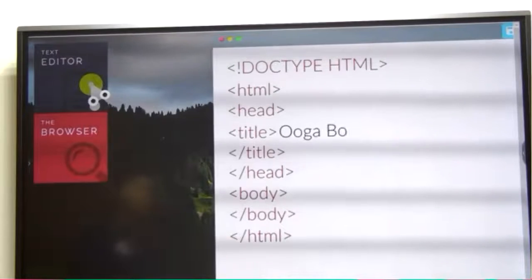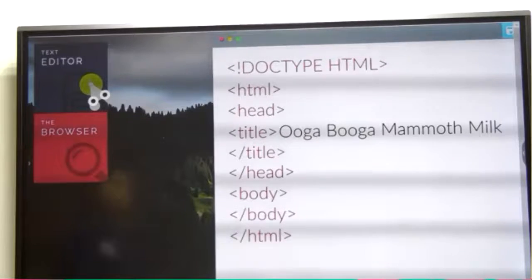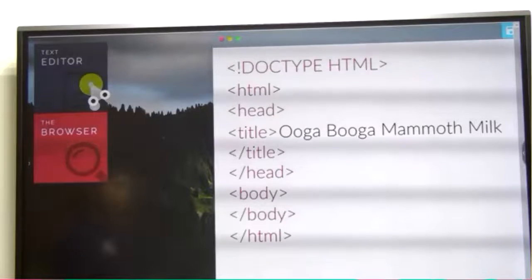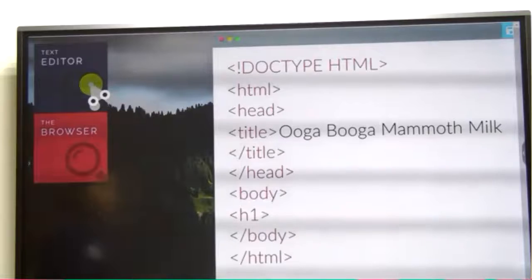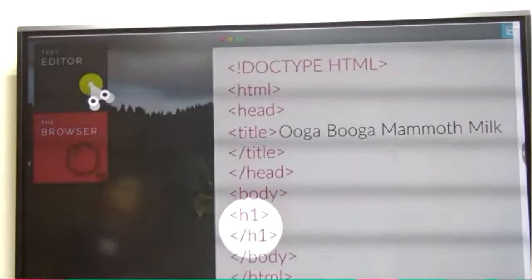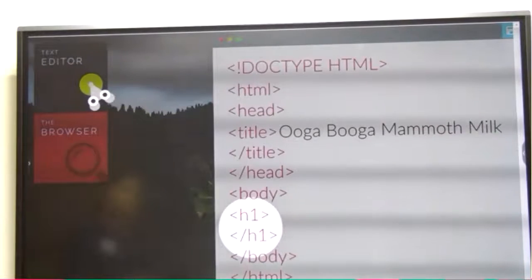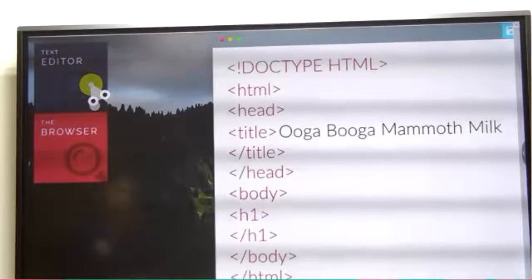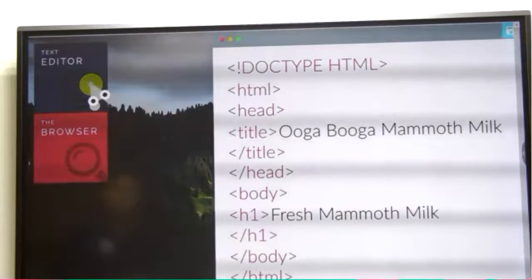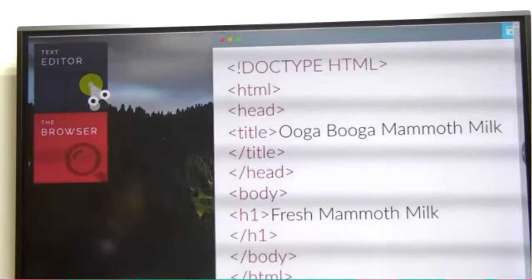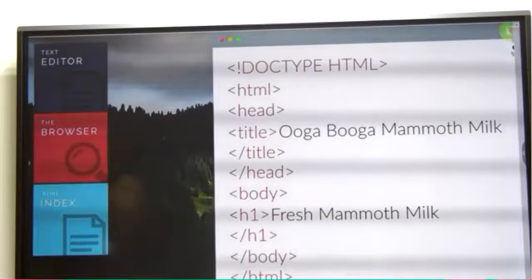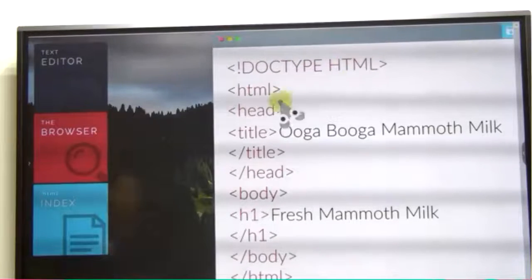Let's type in the title here. Now our web page has a title. Let's add some content now. So let's add a header in between the body tag. H1 simply means header. There are different types of headers. Let's try them out later. Then let's add some text in the header. At this point, we should save the file as index.html. This is usually the first page of a website.